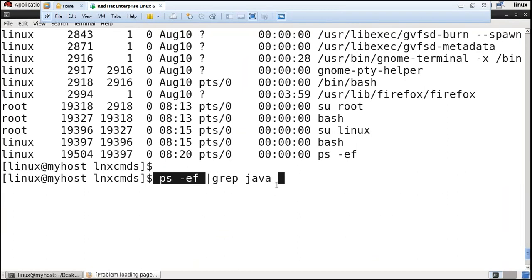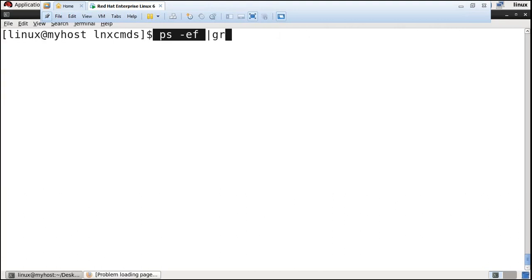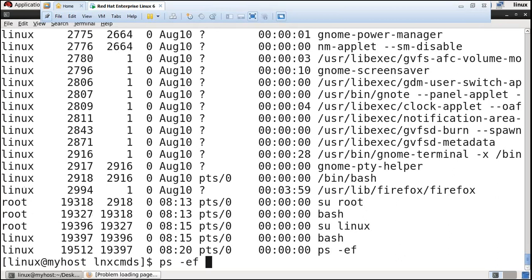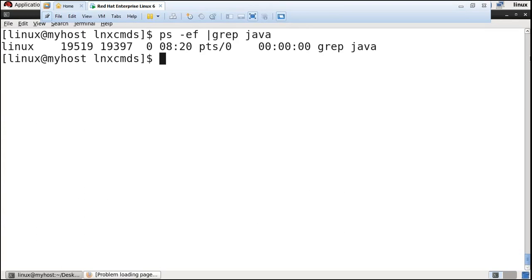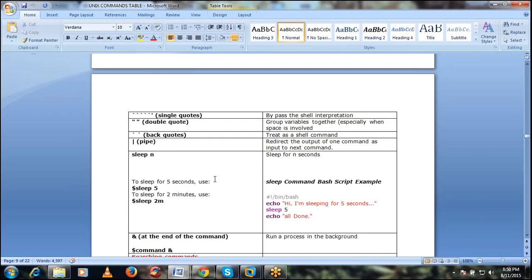Clear, right? You are executing two commands here by using the pipe symbol. It is displaying all the processes, but I don't want to display all of them. I want to display only the Java processes in that output. In that case, we use the pipe symbol.